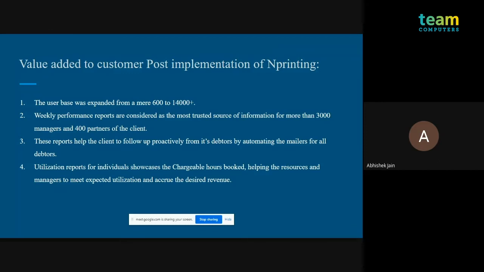So a lot of manual tasks are saved here, and because these emailers are auto generated, they are always on time. We have set a frequency for each debtor. Okay, we'll send out reminders for 7 days, 14 days, 21 days, and 28 days. So this helps bring the overall debtor days down, and the cash flow increases.